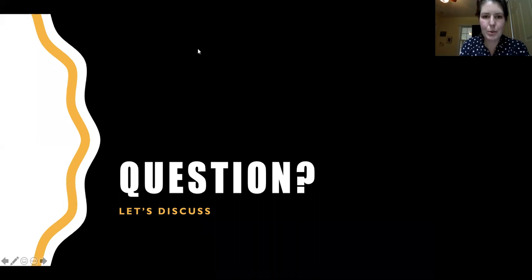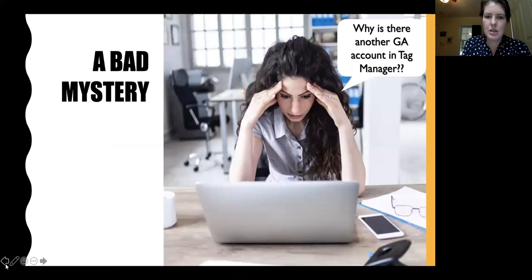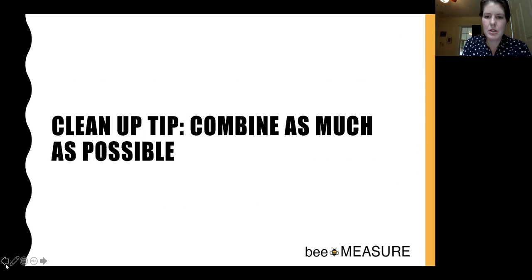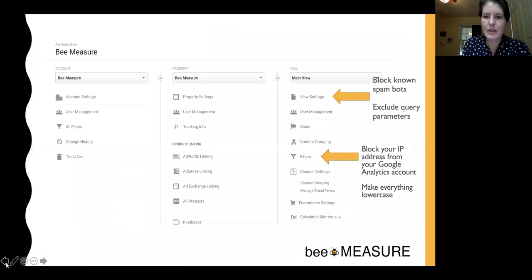So, okay, I had a couple of questions, just opening the search bar. Someone asked, how do you link your search bar searches so that they show up in Google Analytics? That is another feature that's in the admin section of Google Analytics. I believe it's under view settings, but you can also Google it.